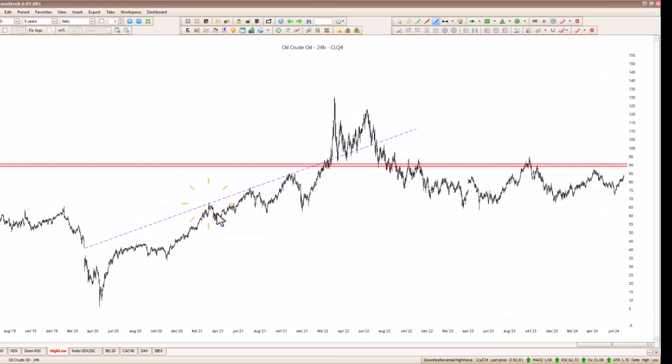And I notice that this line will give some resistance and also give supports. Next step is to create a parallel line. I'll move this parallel line to some top or bottom like this. And I notice that this line also gives supports. So that's okay. Next cycle starts from the top of 2022 till now.